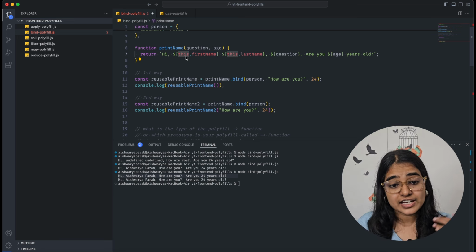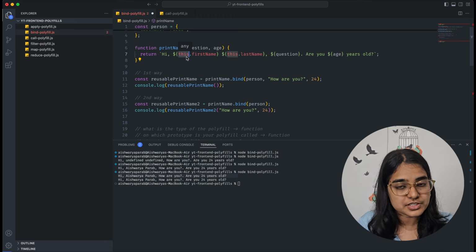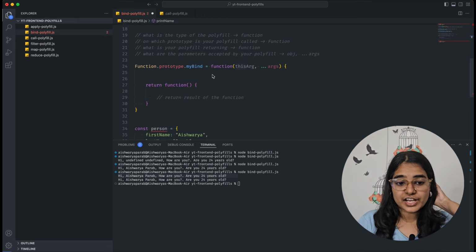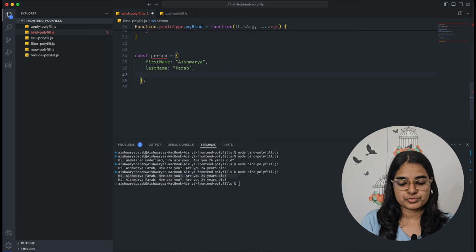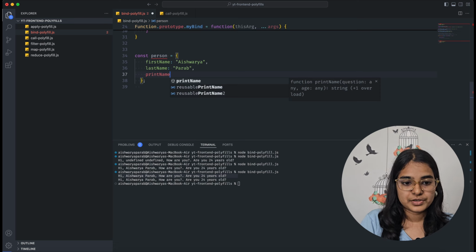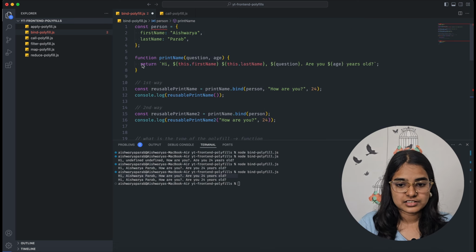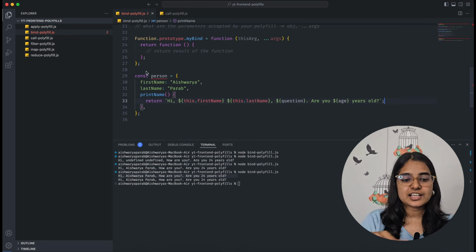If the this keyword is pointing to the person object, then it will print the two values correctly. One way to do that is to put the function inside the person object. Something like this. Print name, and I will put this entire thing inside the person object.